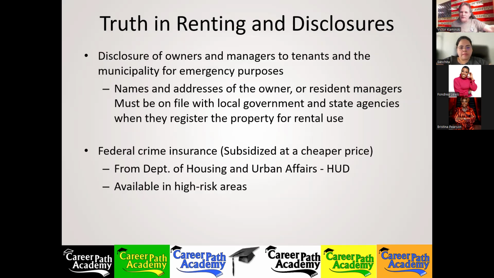I know our last governor removed the state requirement for fire extinguishers to be in the kitchens, but most municipalities kept it. So even though it's not a state requirement anymore, it is often still a municipal requirement to have that small fire extinguisher under 10 pounds rated to put out ABC type fires. Okay.